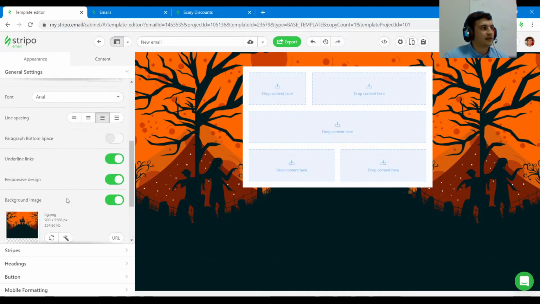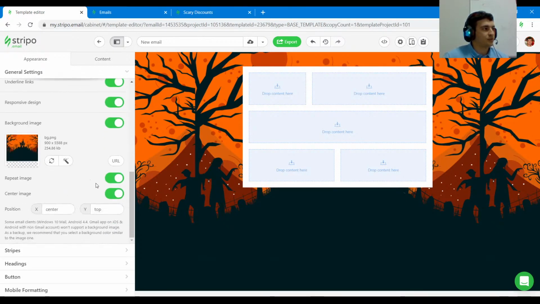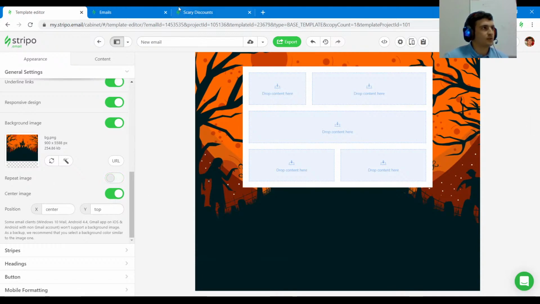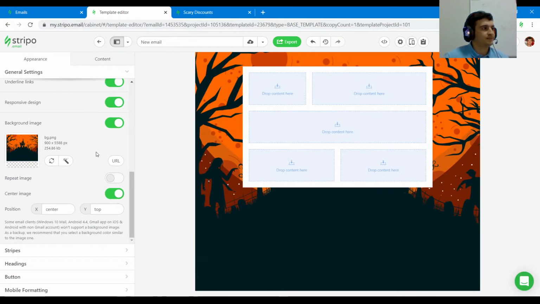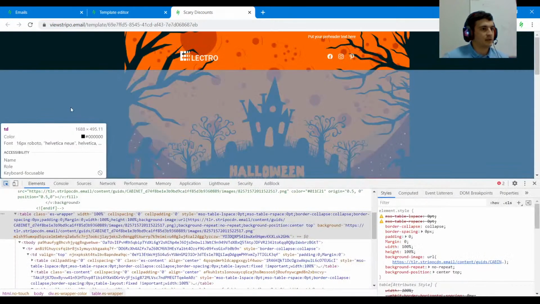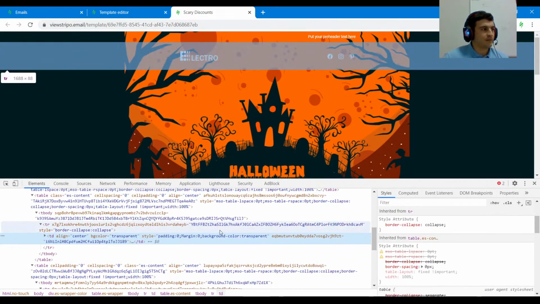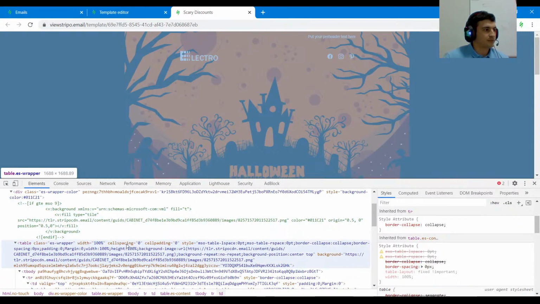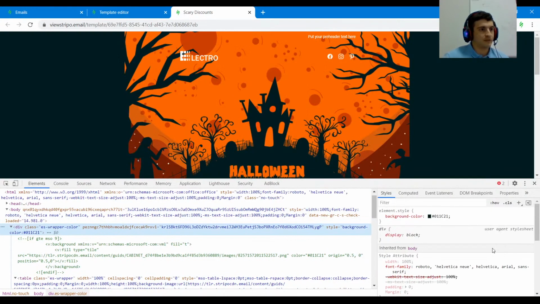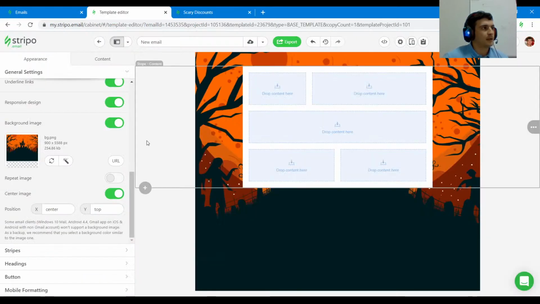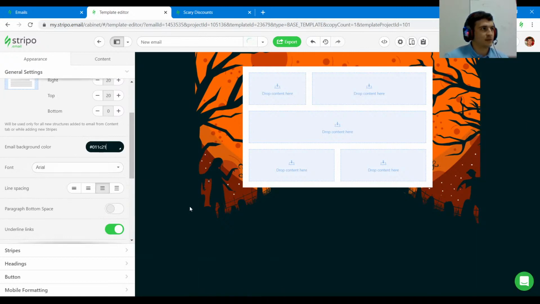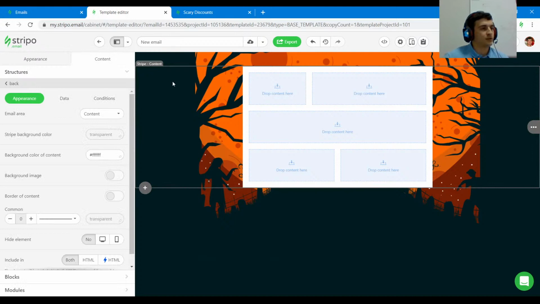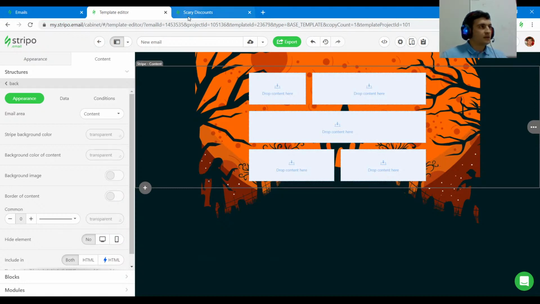Okay, so I added the background here. I believe I should turn off the repeat image option because we have just a single image here, and I believe we should designate the color of our background for the whole email. So let's take a look if we can find it in the code. I believe this one, and let's try to add it as the email background color, also in the same preferences this way. Now we should set the background color of all stripes in our email to transparent this way,